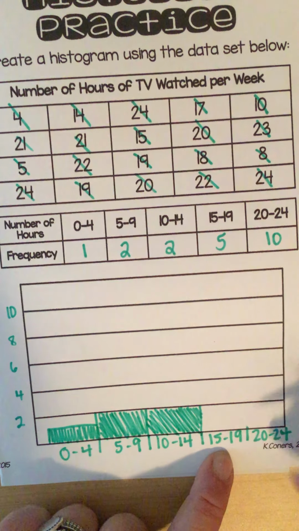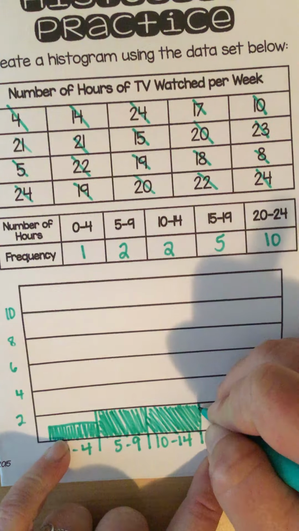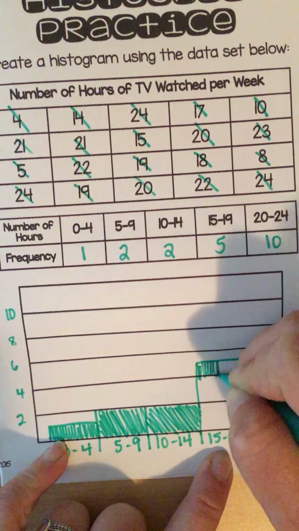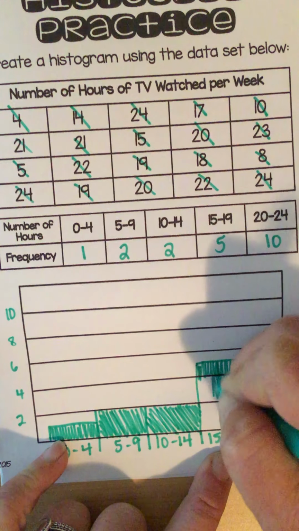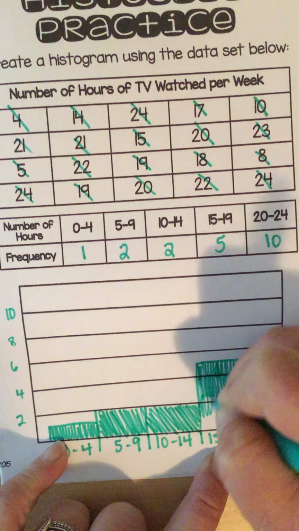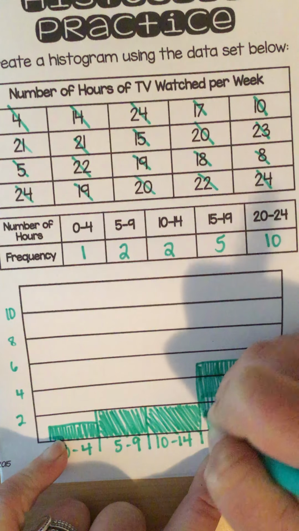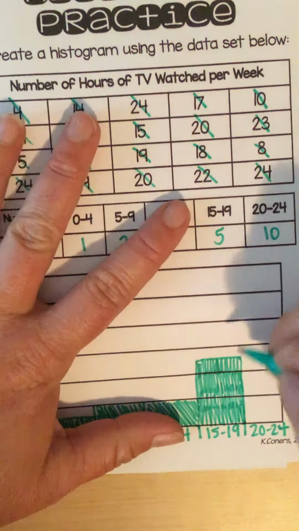All right, 15 to 19, we had 5. So again, that's going to be about halfway between 4 and 6. And then the last one we had 10, so that's going to go all the way up here to the 10, and then